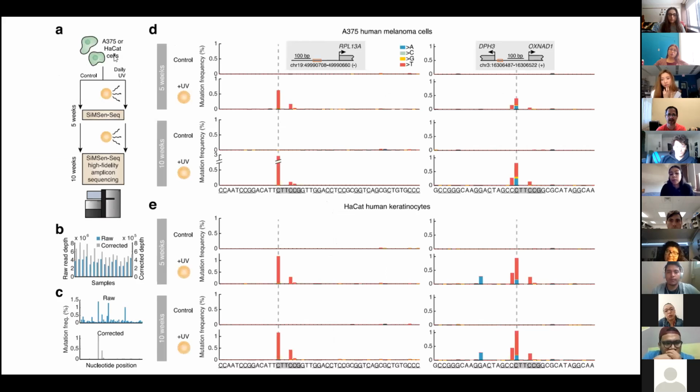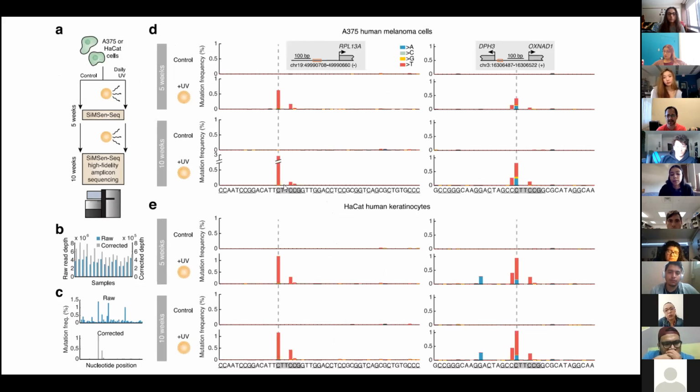So they took cells, exposed them to UV light, and looked for mutations on those regions. As you can see here, the top panel has the control cells, and below we have the cells that were exposed to UV for 5 weeks or 10 weeks. And as you can see, there is an increase in the number of cells that carry those mutations in this particular